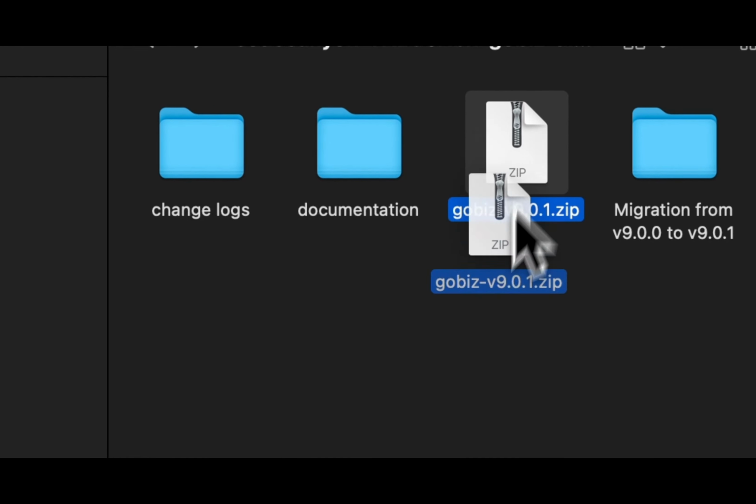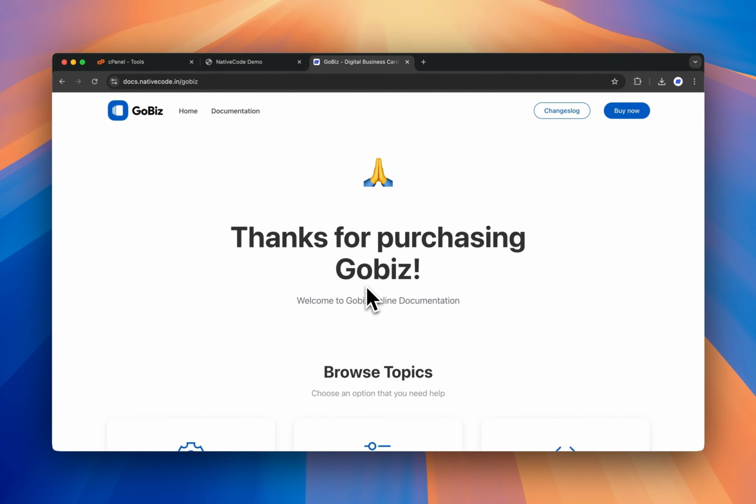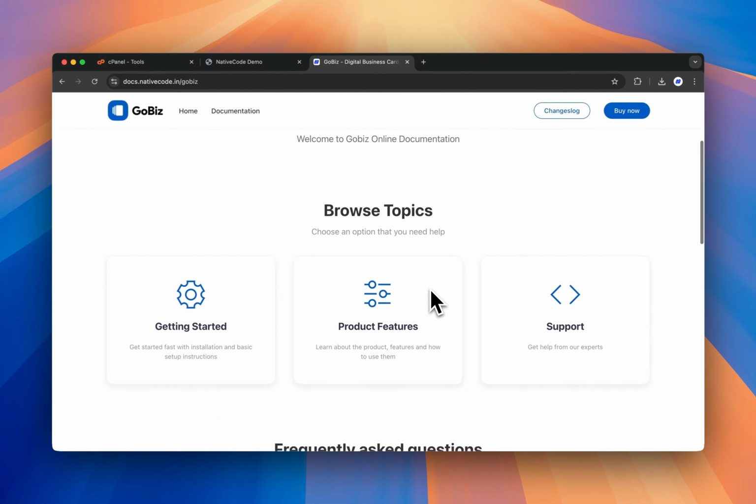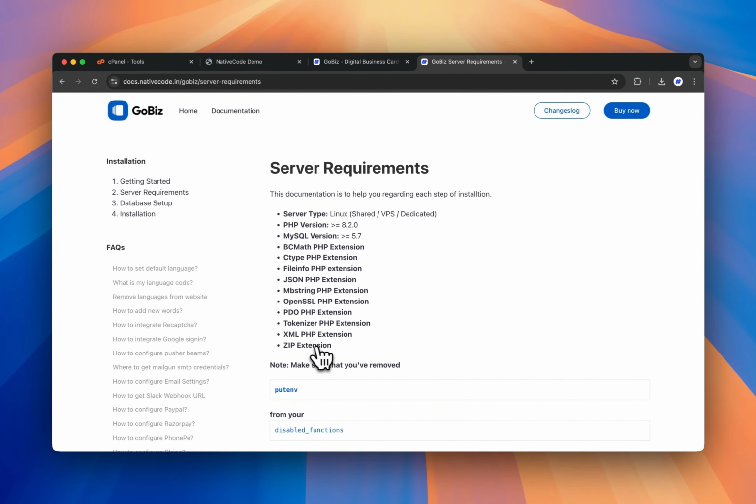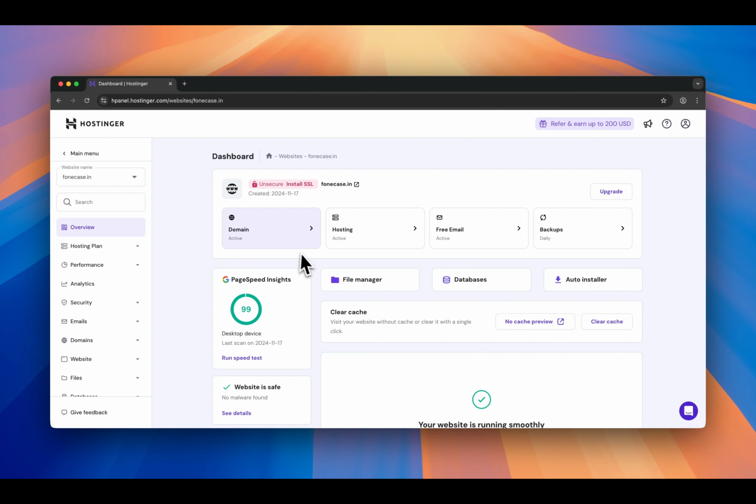Next, open the documentation file for GoBiz. Scroll down and click on Getting Started. You'll be redirected to a new page where you'll need to click Continue with Docs to view the minimum server requirements for installing GoBiz. Uploading GoBiz to your server: log in to your hosting or panel using your credentials,